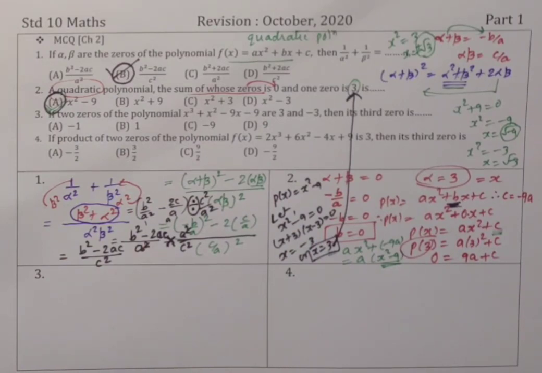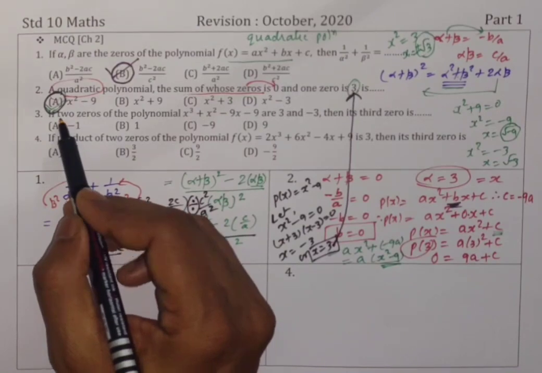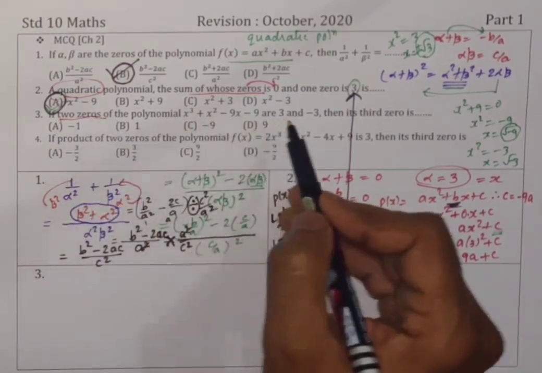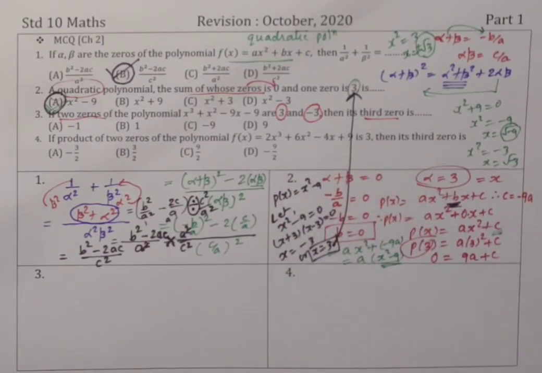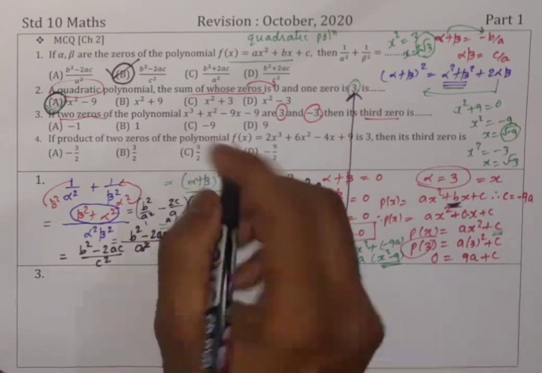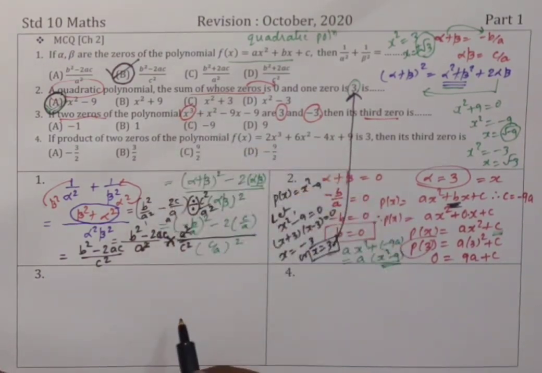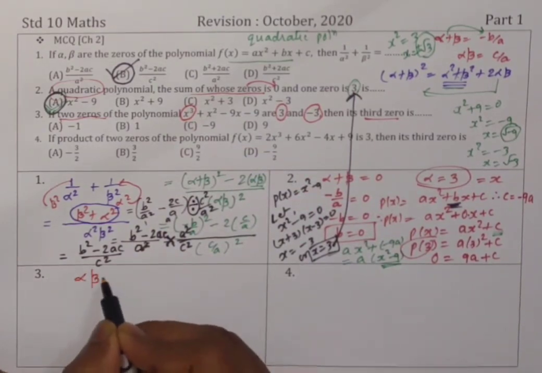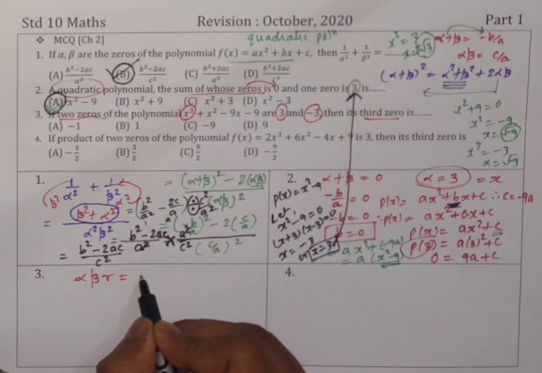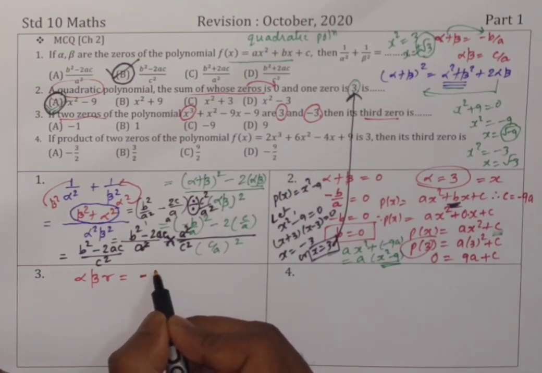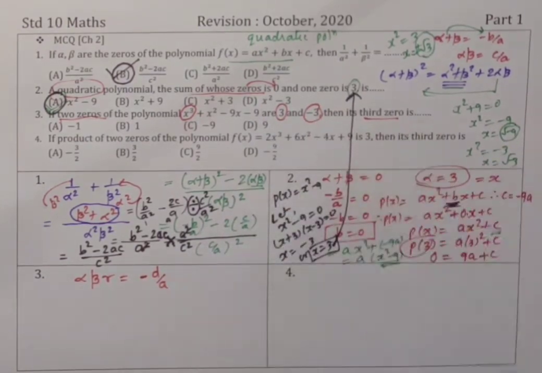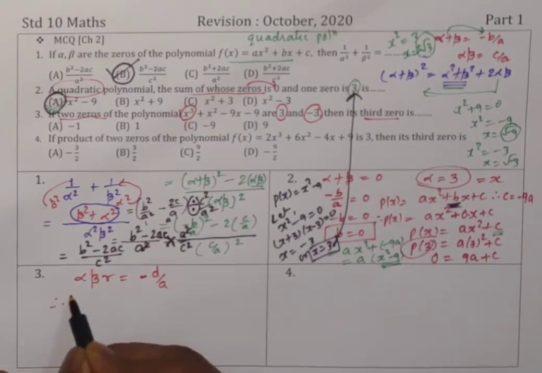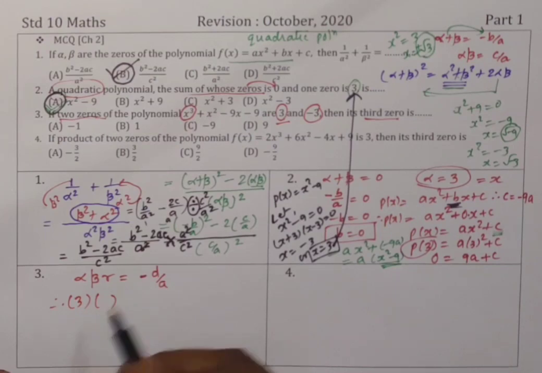Okay. Next. If two zeros of this polynomial are 3 and minus 3, then the third zero is dash. This is very interesting, children. Children, this is a cubic polynomial. See, this degree is 3. And for cubic polynomial, alpha into beta into gamma is equal to, बोलिए, minus d upon a. Correct? Because two zeros are there, 3 and minus 3, and you are supposed to find the third zero. ये 3 में से 2 zeros है. Okay, alpha is what? I am taking 3. Beta is what? I am taking minus 3. The third zero, gamma, we do not know.